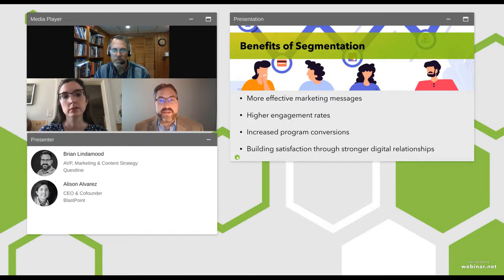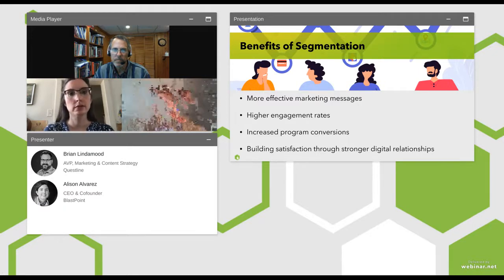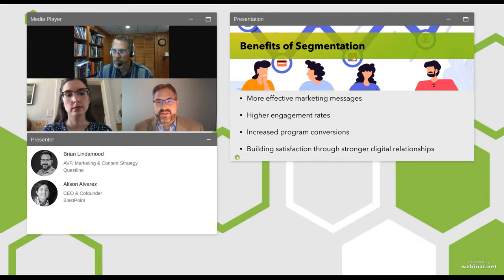Customers will pay attention when you send them a relevant message that speaks to their specific interests. And if there's a call to action, if you're looking for a program sign up or other conversion, that will increase as well. So instead of just blasting the same message to all of your customers and hoping you randomly find the right ones, you might get lucky.